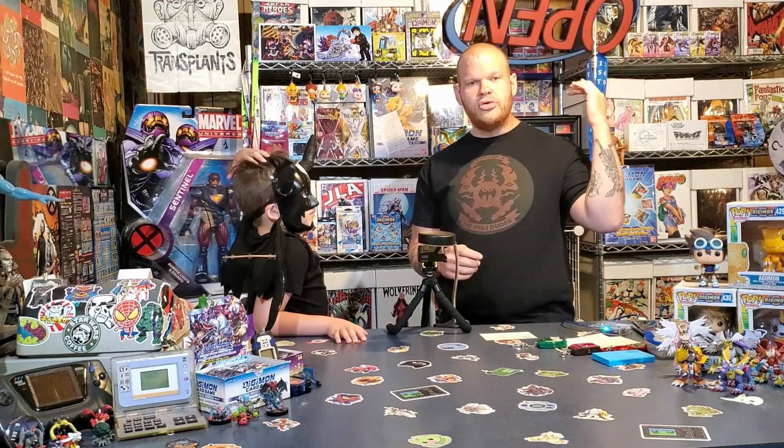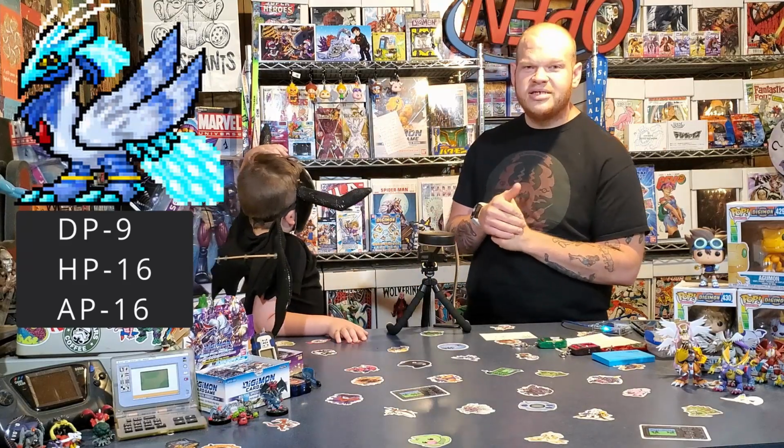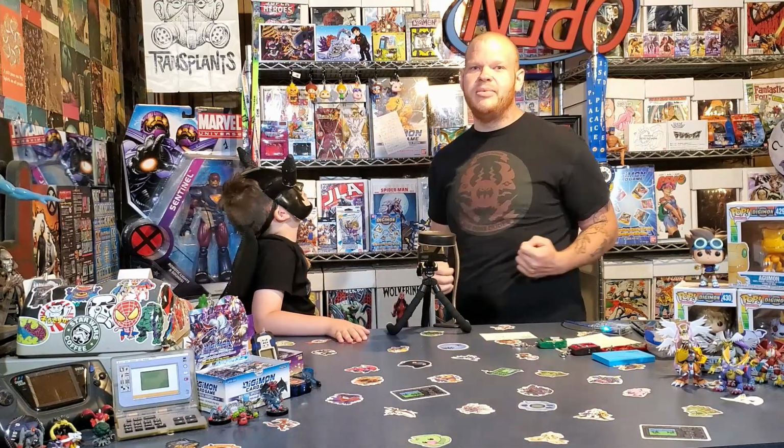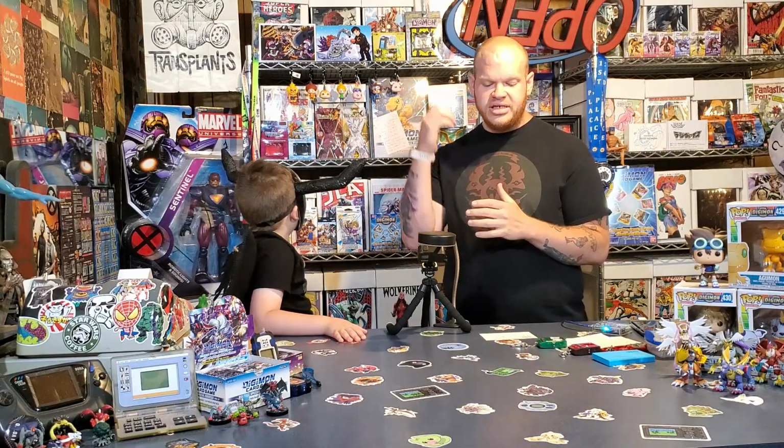Next thing we're going to go to is Frost Valgamon, a brand new Digimon here, and he ends up having a 9-16-16, which is a super good stat breakdown, honestly. High HP, high attack. And for our last Digimon here, we have Ancient